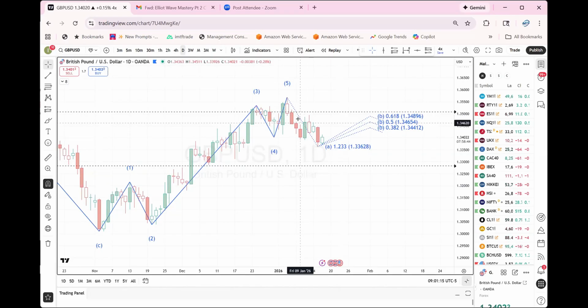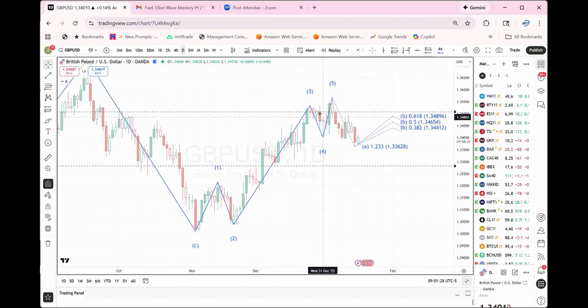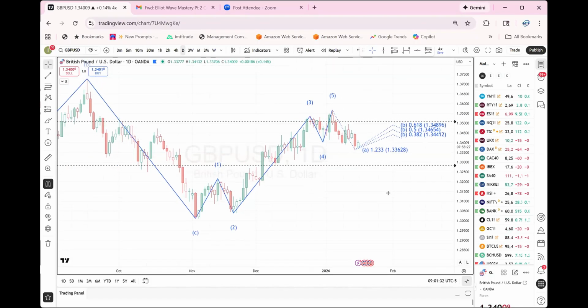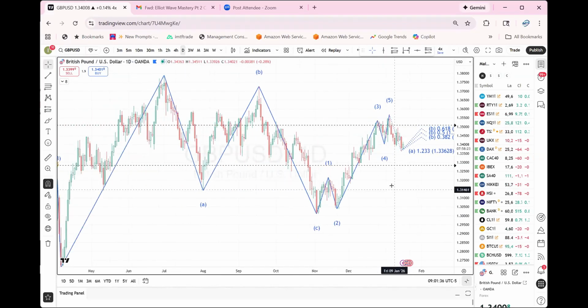The A has to happen here, B has to happen here, and C is what attempts to break this 4 here. So if you're looking at something like this, I would not believe this at all, nor believe this scenario in the Elliott, how it's drawn, at all. And if you look backwards